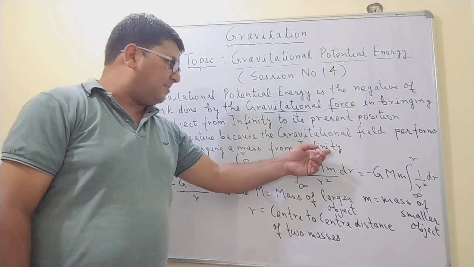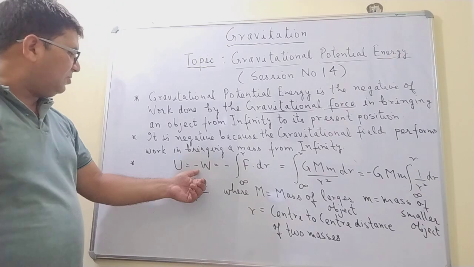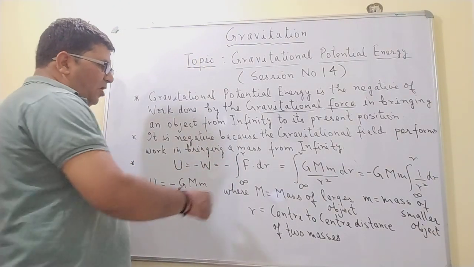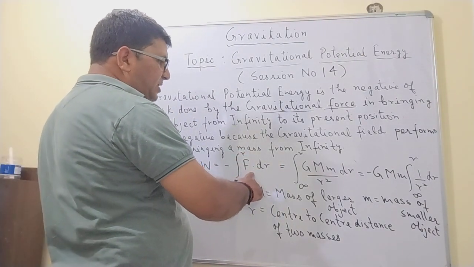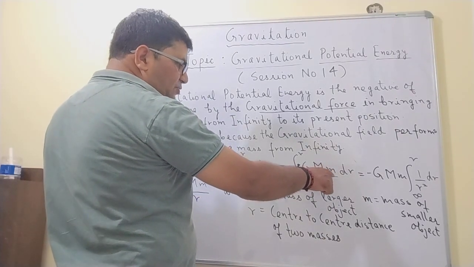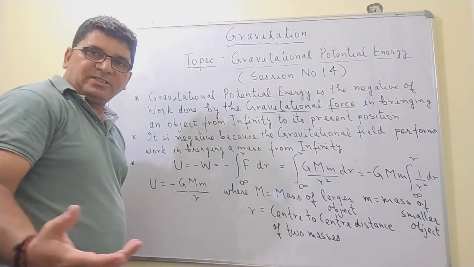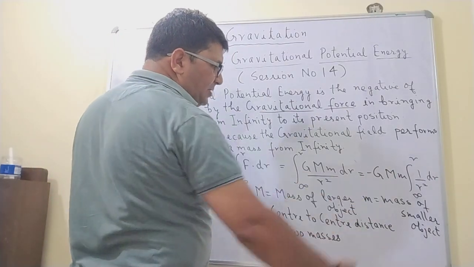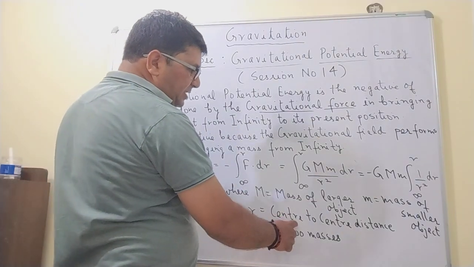mass from infinity, and mathematically the gravitational potential energy is equal to the negative of work done, which is equal to the negative of integration of F dr within the limits of infinity and r. Now here F is the gravitational force, so this is equal to G capital M into small m divided by r square. Now here capital M is the mass of the larger object, so it can be the earth here, and small m here is the mass of the smaller object, and here